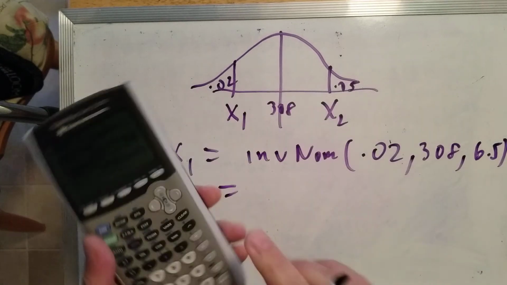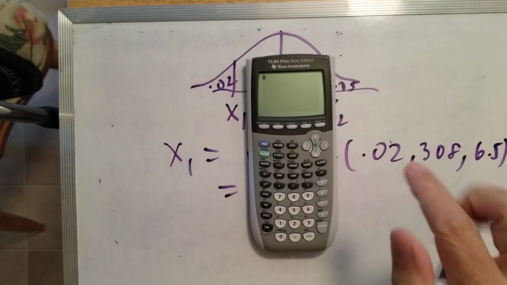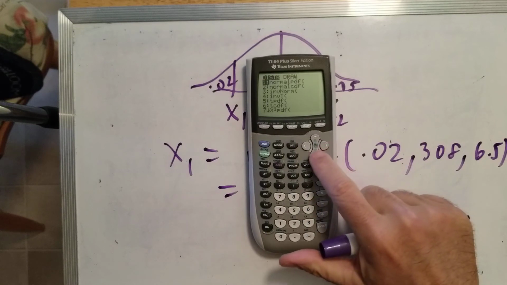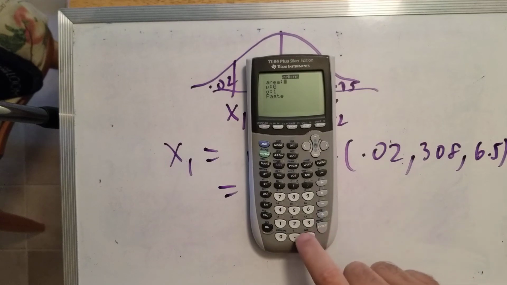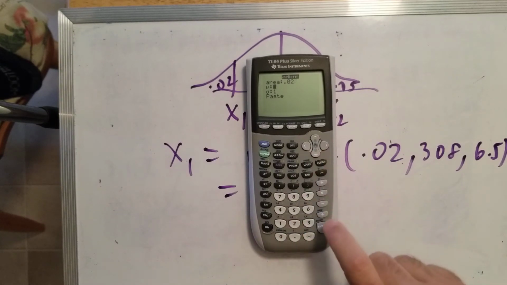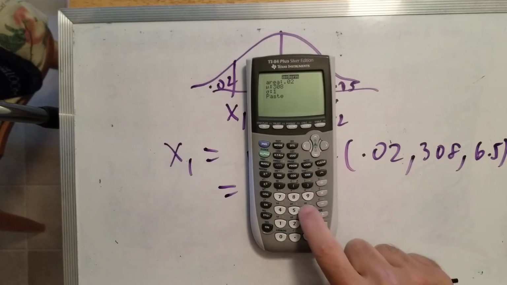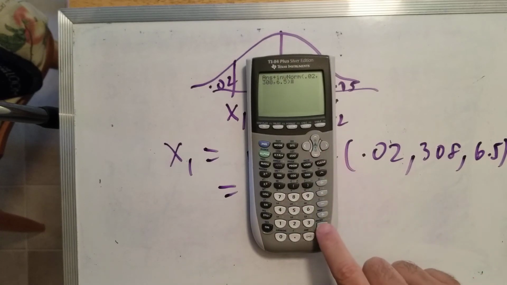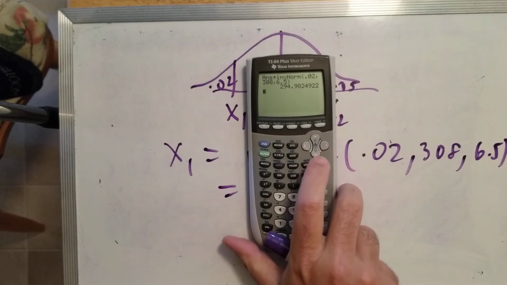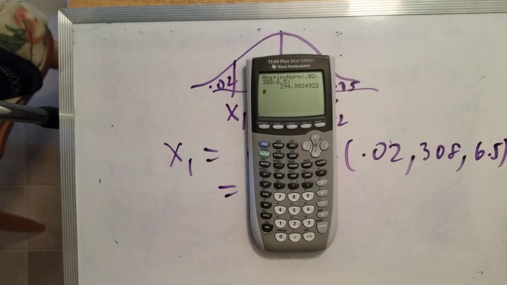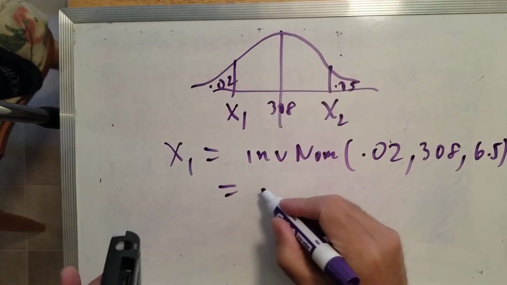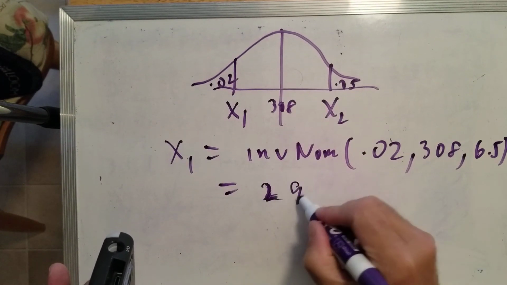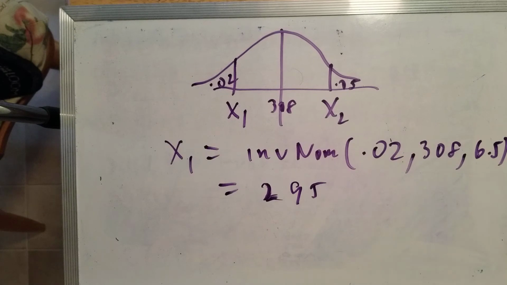And on the calculator, I'm going to the distribution menu. Right under normal CDF is InvNorm. My stat wizard is on. The area is 0.02. The mean is 308. The standard deviation is 6.5, and it's at 294.9. I guess 295 if you round this off to 1 decimal place. Now the other value, x2,